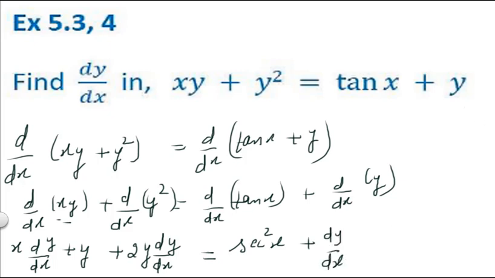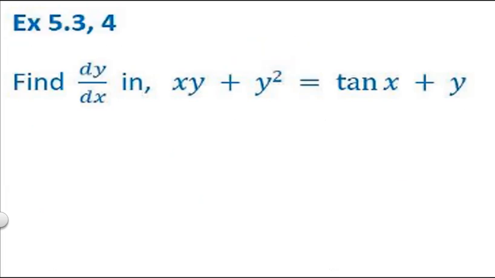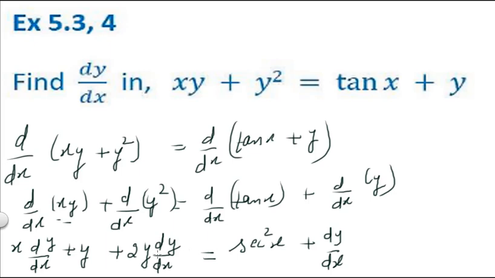Now as we know that we have to find out the value of dy by dx, and we see there are more than one expression for dy by dx, so we can combine all the terms including dy by dx. Combining dy by dx onto one side, we can just write dy by dx common. Let me tell before doing this. As you can see, we can shift this y to another side, which is secant square x minus y, and this dy by dx to another side. We can transpose the terms. So let us first do that.